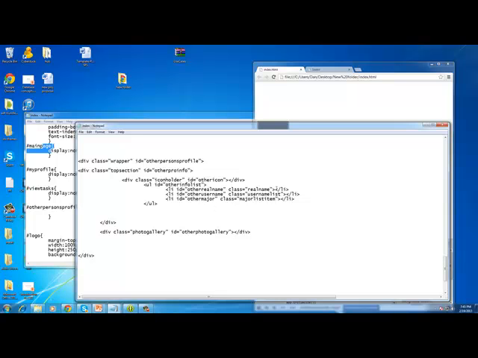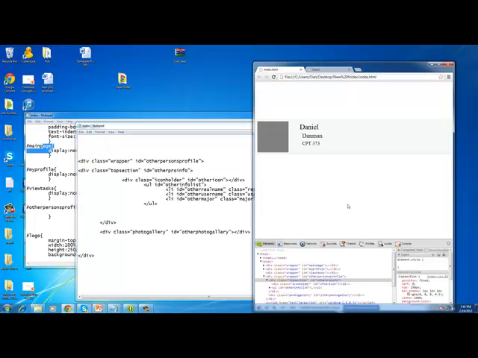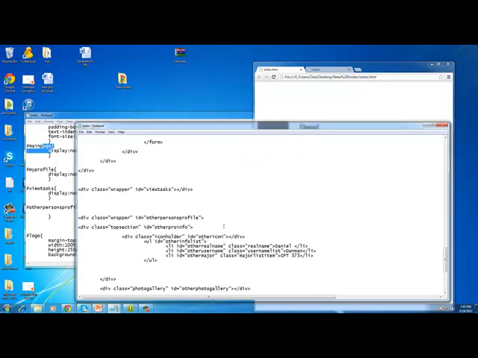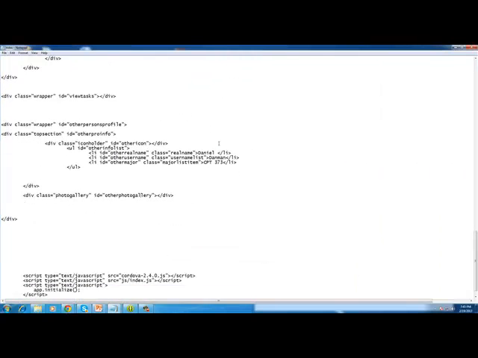Just to make sure everything works, we'll just make sure it works by throwing in some placeholders, which we can always take out at the end,